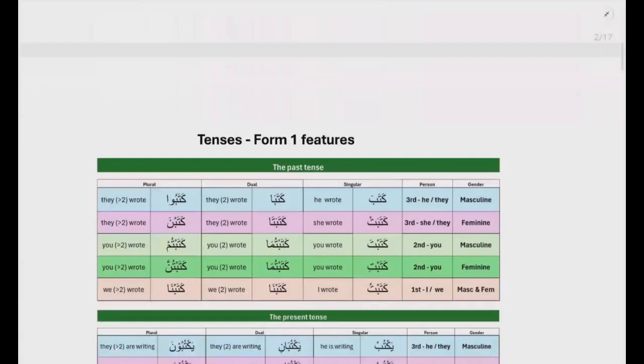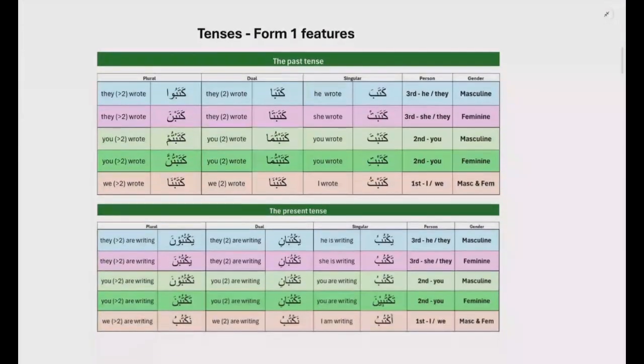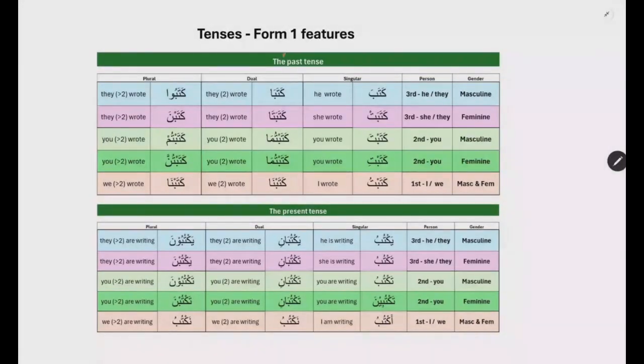Okay, so let me just recap the tenses that we've covered so far. We had the past tense, and then we had the present and the future tense, which is present like the way you see it here, and if you add a sin or a sawfa in front of the present tense, you get the future tense as well. So these are the three tenses essentially, and all languages have them. If you look at the features here